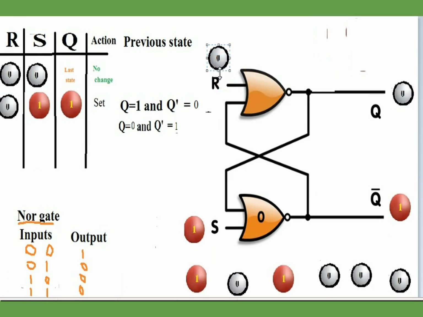Okay. If the previous state was Q is 0 and Q bar is 1, then what will happen? Like the logic inputs are the same, R is 0 and S is 1. But I altered the previous state. Okay, this 0 is coming,